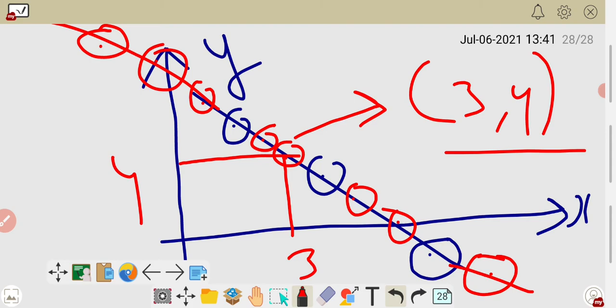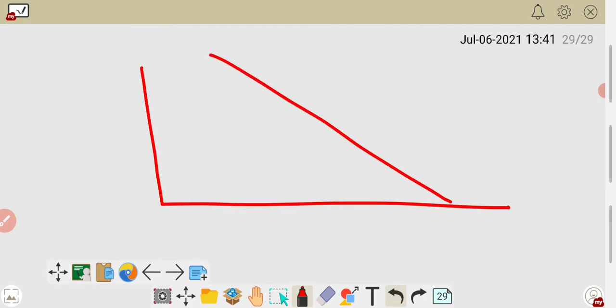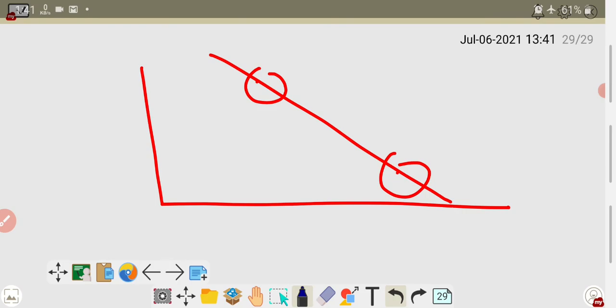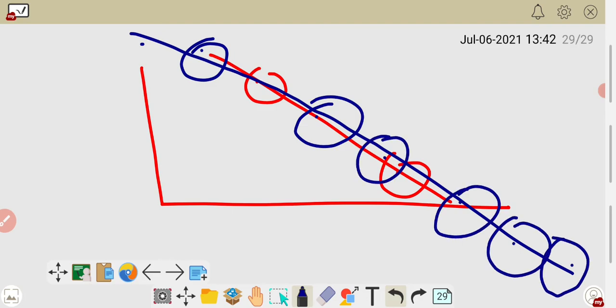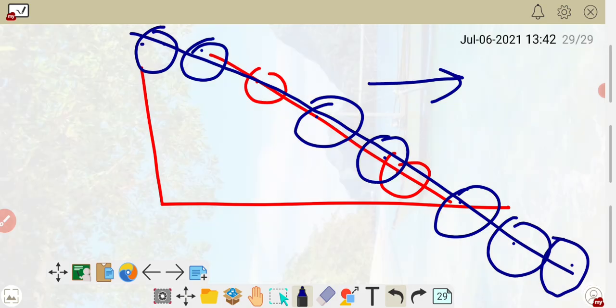Or you can say that all the points which lie on the graph of a linear equation in two variables are also solutions. So this is the actual straight line of the graph which you get while drawing the graph for a linear equation in two variables. Now if I extend that line and take some other point on the same line, then these points are also solutions of the given linear equation. And you can draw many points, so that's why you say they have infinitely many solutions. Infinitely means uncountable. Okay, so all of you understand that concept also.